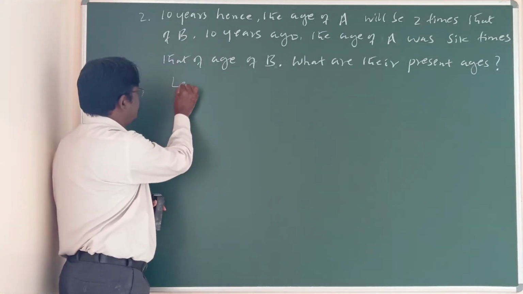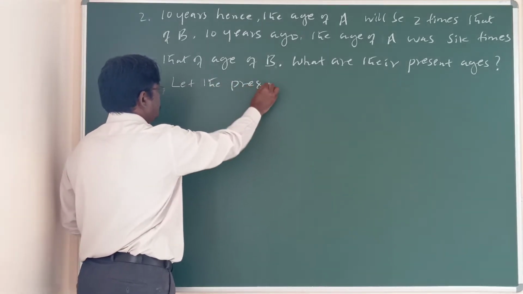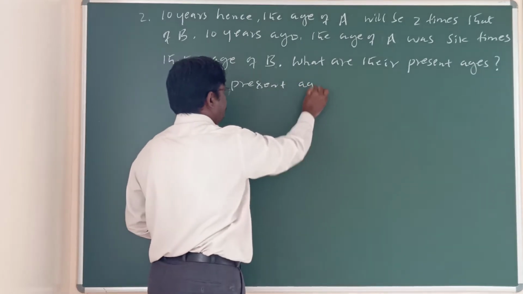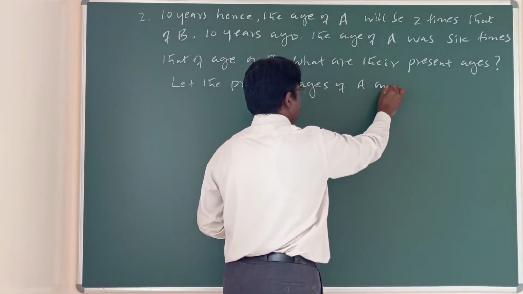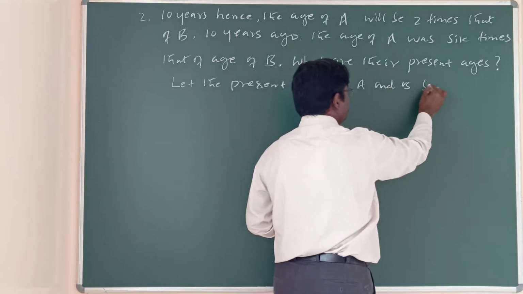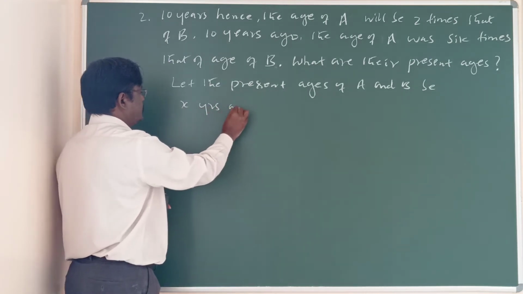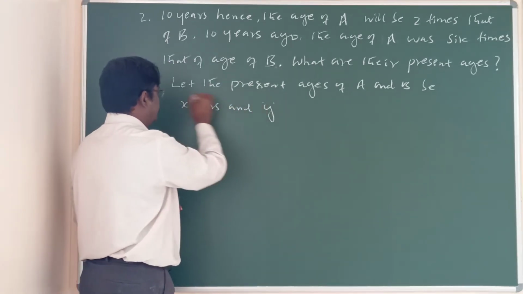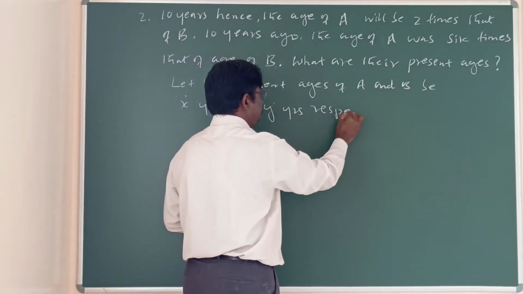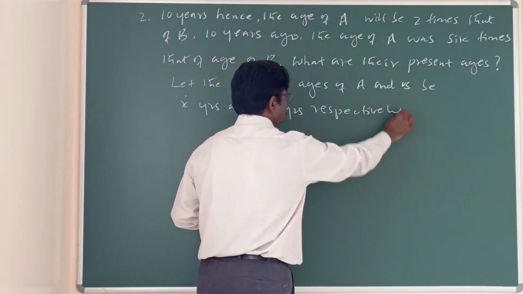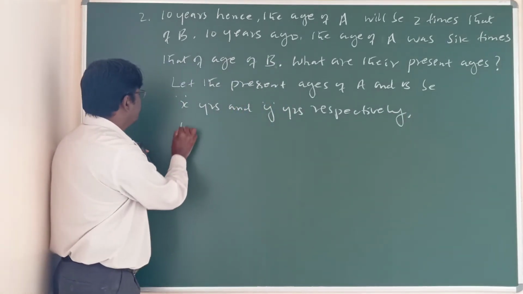As usual, let us assume, let the present ages of A and B be x years and y years respectively. Okay. Now according to the question,